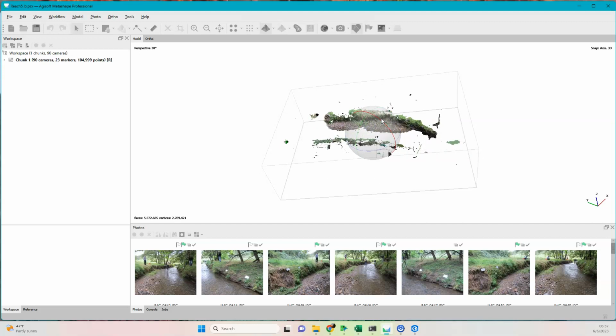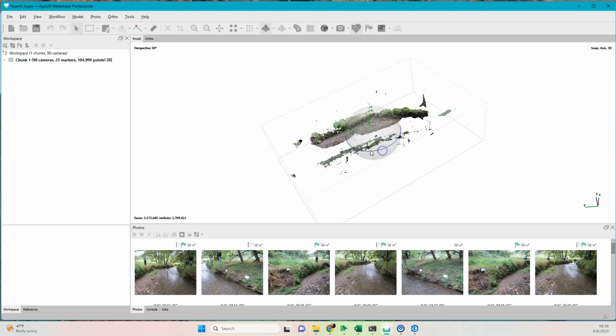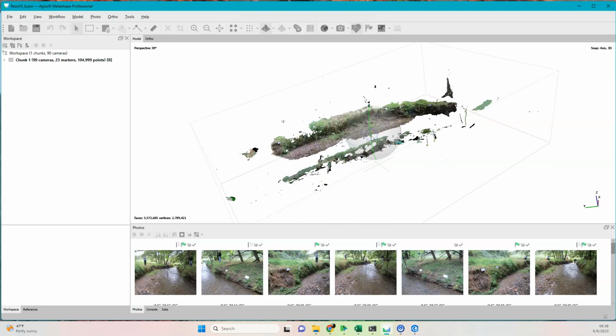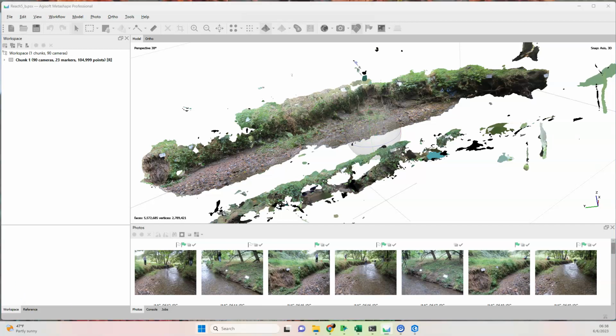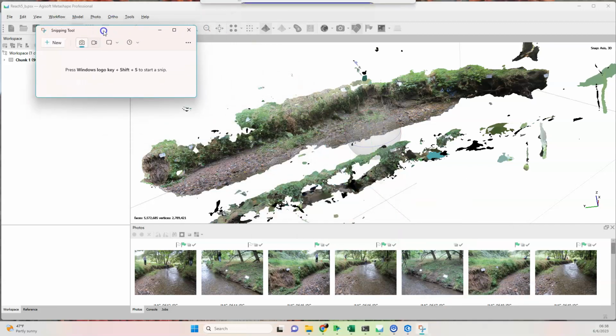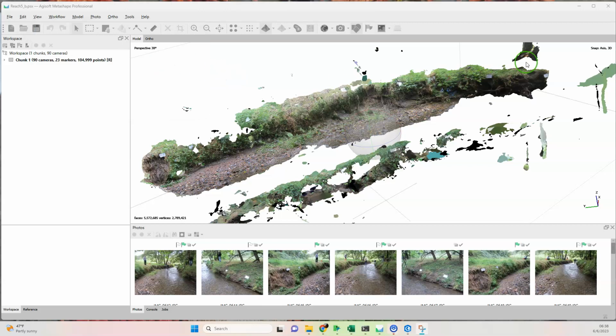One component of your lab submission, one thing that you will hand in with your deliverable, is several different views of your objects that you've created in Agisoft. There's really no right or wrong way to put these together. I'm just looking for you to noodle around with your results a little bit and find the ones that you think are most showy, and insert a couple screenshots into your work. If you're not sure about how to do that on the lab computers, the tool I use is Snip. If you search for snipping tool, it looks like this once you turn it on, and it just allows you to take a screenshot of whatever you want to capture,